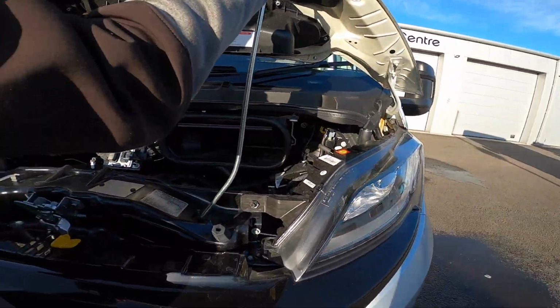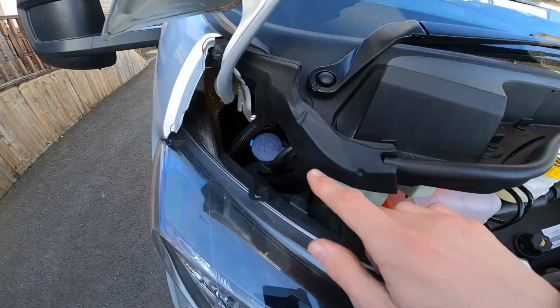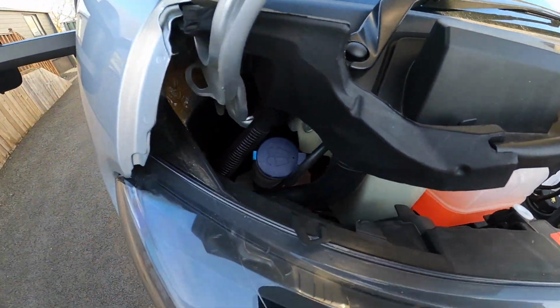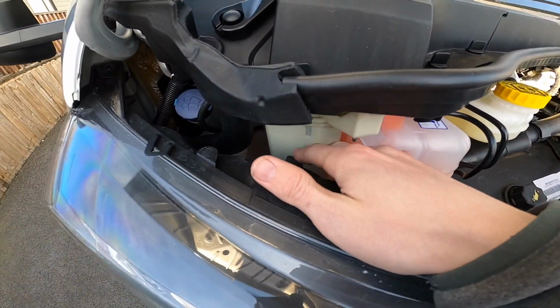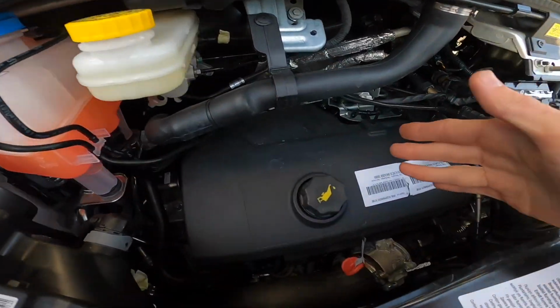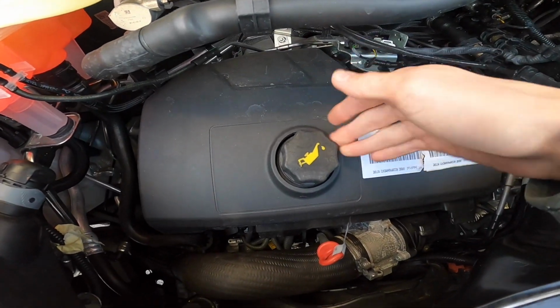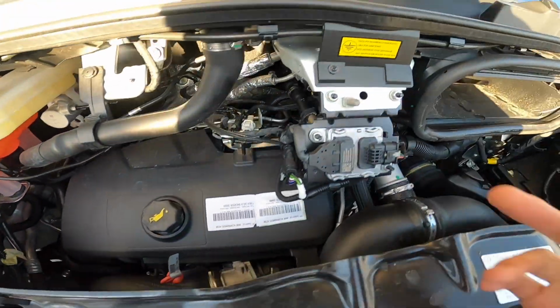And then coming round underneath the bonnet, you've got your various liquids. So I'll start off with the screen wash, which is the one you're going to need the most. This lifts off and gives you access to the coolant, and the one beside it, which is your power steering fluid. You've got your brake fluid, your engine oil filler and engine oil dipstick, your paint code, which is 611,